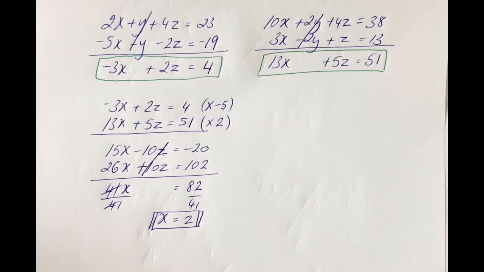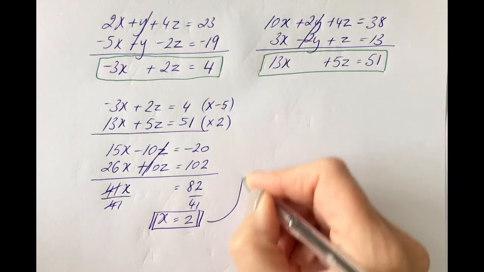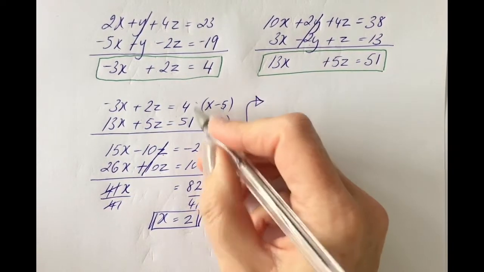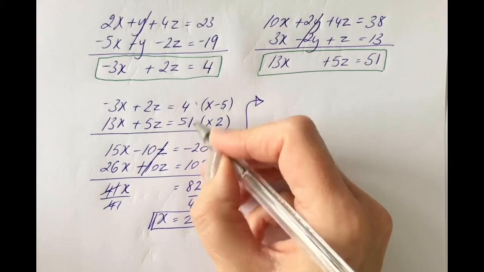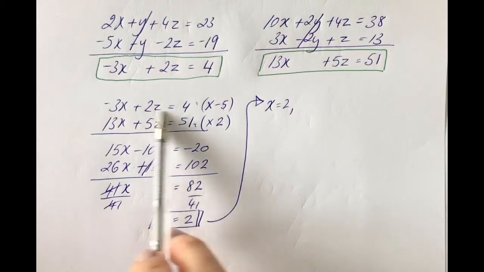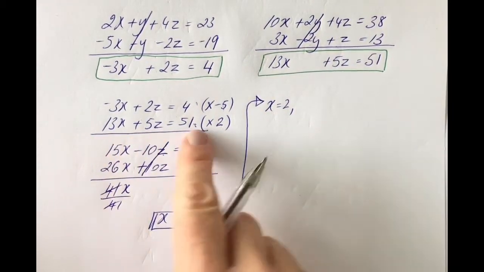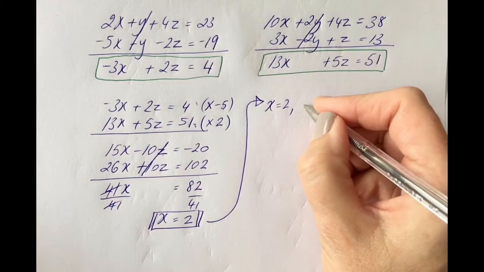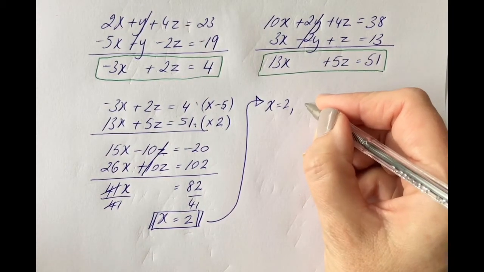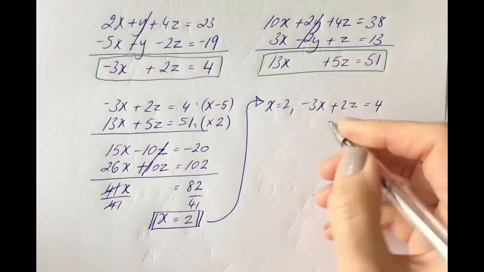Just as you would have done before, with your two equations, two unknowns, you will take your first result and sub it back into one of the originals. So back into one of these then. We'll take x equals 2, and I'm going to put it back into the top one, because these are larger numbers. Again, either doesn't matter. So minus 3x plus 2z is equal to 4 is the equation I'm going to take,